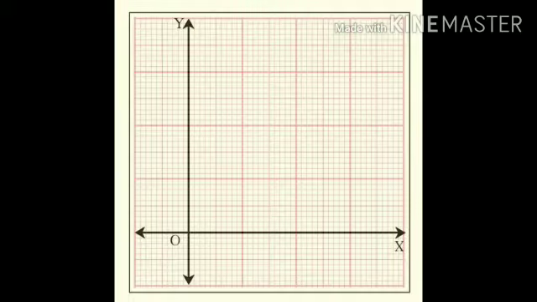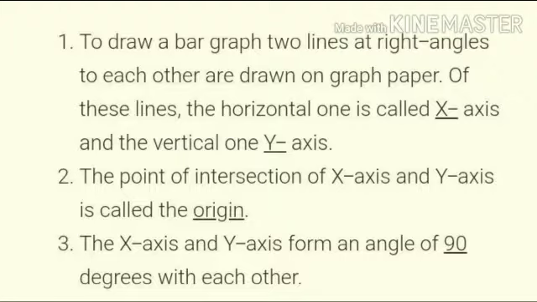Students, observe. This is called a graph. This is the graph paper. Same, we have a graph book in which we are going to draw or learn graphs. Before drawing any graph, we draw a 1 centimeter outline from the vertical side and from the horizontal side. The horizontal side is marked as x-axis, the vertical is marked as y-axis, and the point of intersection is marked 0.